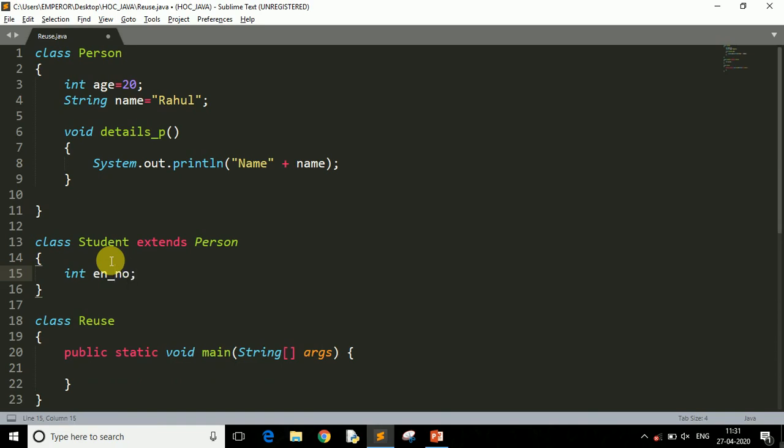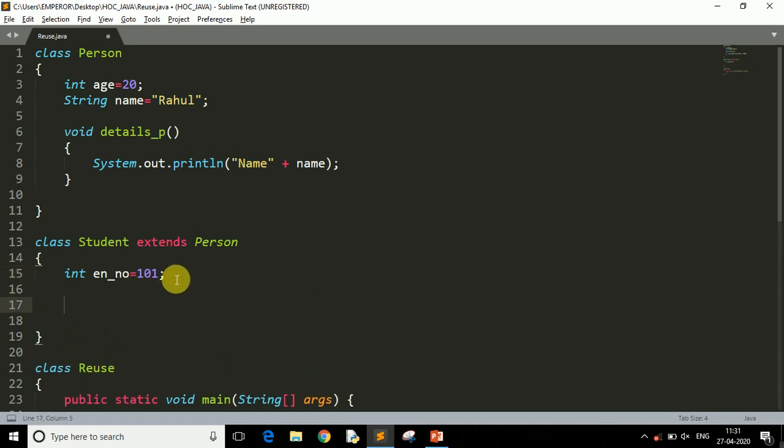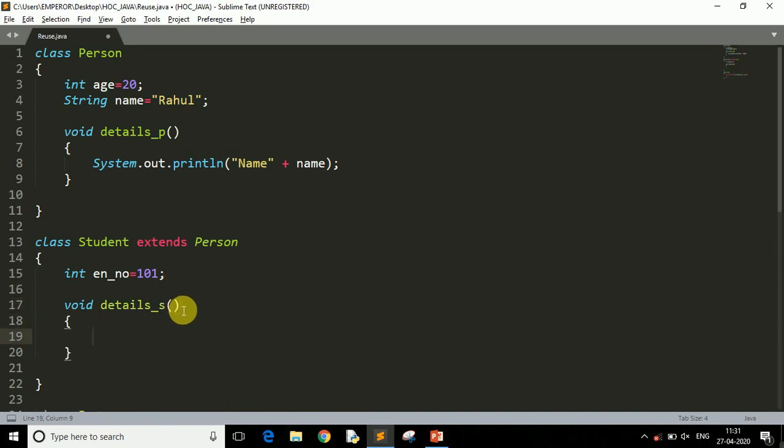For the enrollment number I have taken the enno variable and initialized it, say for example 101. Okay, and I want to print the entire detail of the student. So let's take a method details, and here I write details underscore s for student. Then inside that I want to print the details of the student.